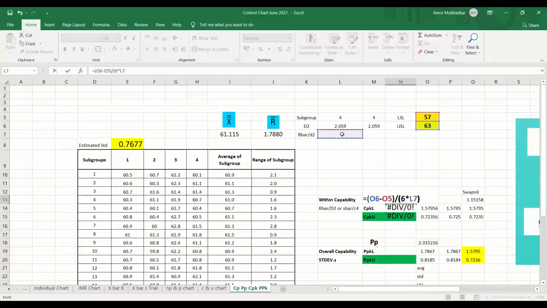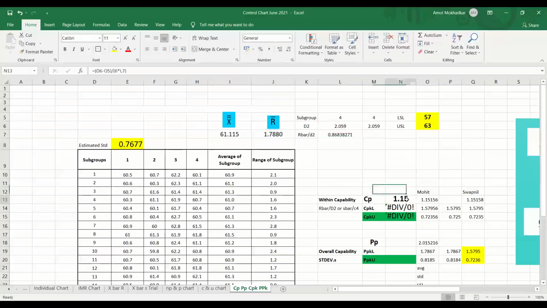The value of R bar by D2 gives 1.15. It can be 1.1516 or 1.15157, but don't go up to that. Come to 2 decimal places. I am changing everybody's value to 2 decimal places mathematically. So 1.15 is okay, Mohit and Swapnil, both of you.